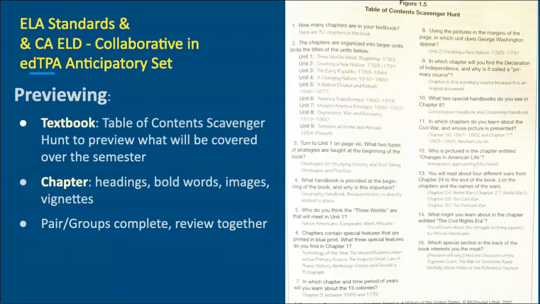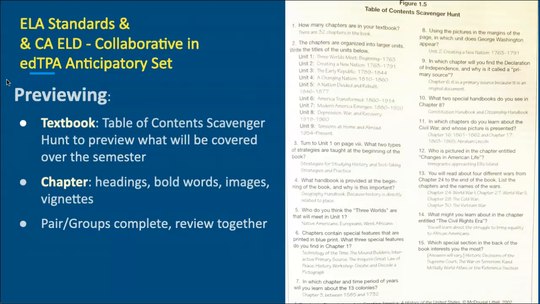It's like an appetizer for our brains, and this will help us crave those delicious ideas that will come out of the chapter. So this can cover the ELA standards and the ELD, the English Language Development Standards,